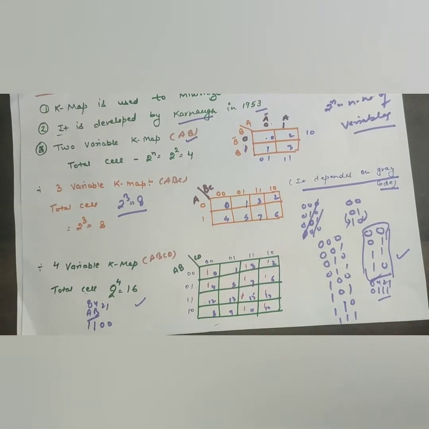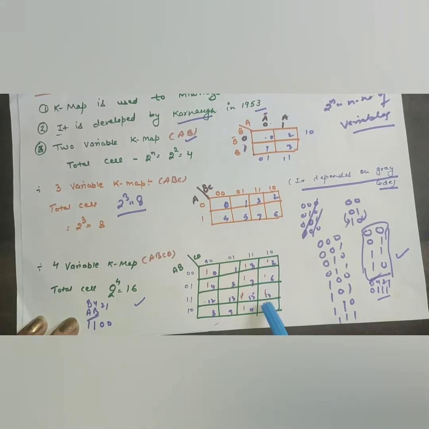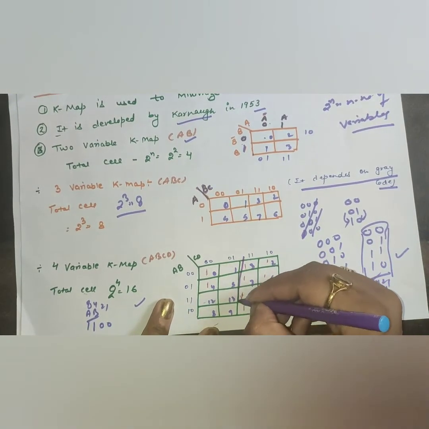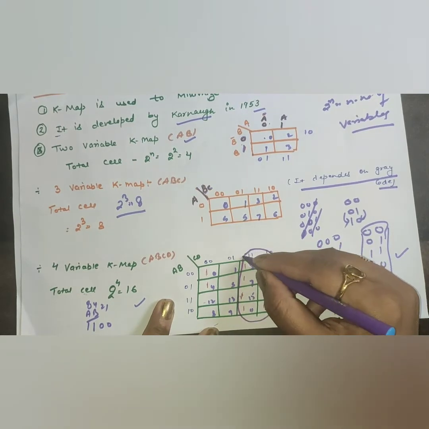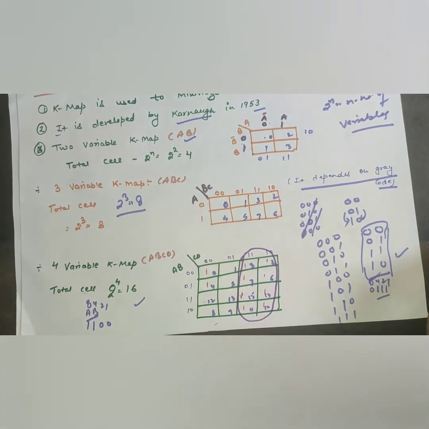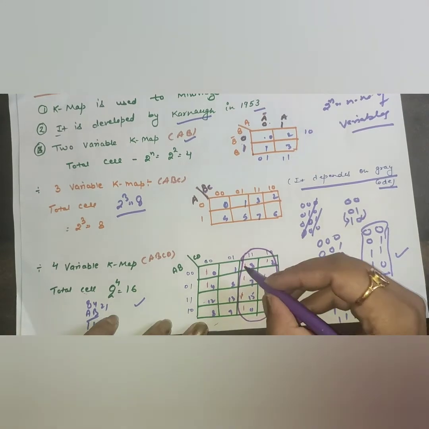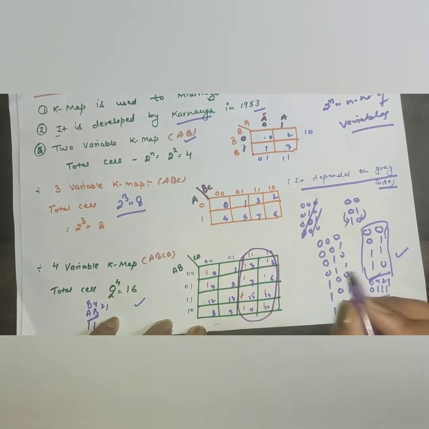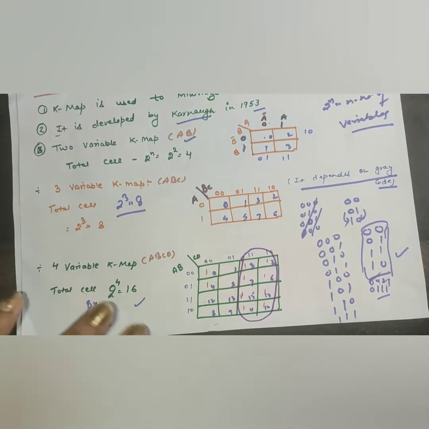So you can check, there is a grouping of 1, 2, 3, 4, 5, 6, 7, 8 ones. We will not take 4 first. We will take 8 first. We will give preference to the grouping of 8. We can also make groups of 4 and 2, but the number of groups will be more. So we should reduce the number of groups.